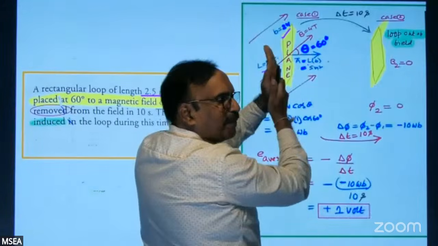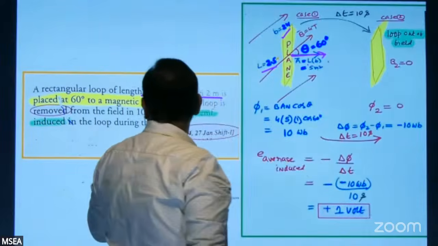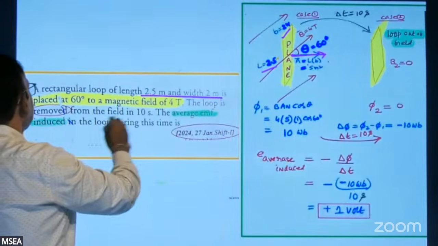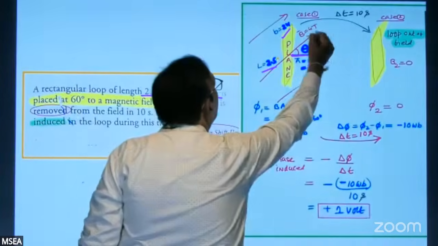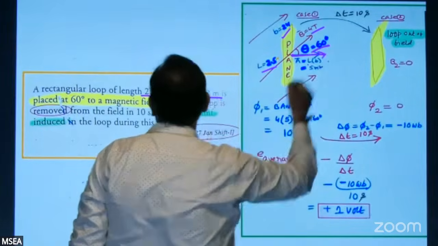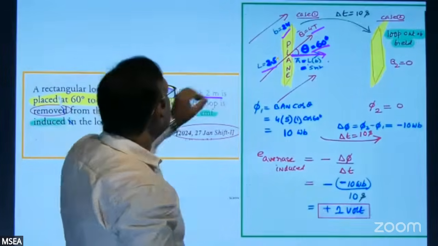This is the plane there. Area vector is perpendicular to the plane. Exactly like this. This particular one is kept in a uniform magnetic field of 4 Tesla, making an angle of 60 degrees. Then what he says is that this